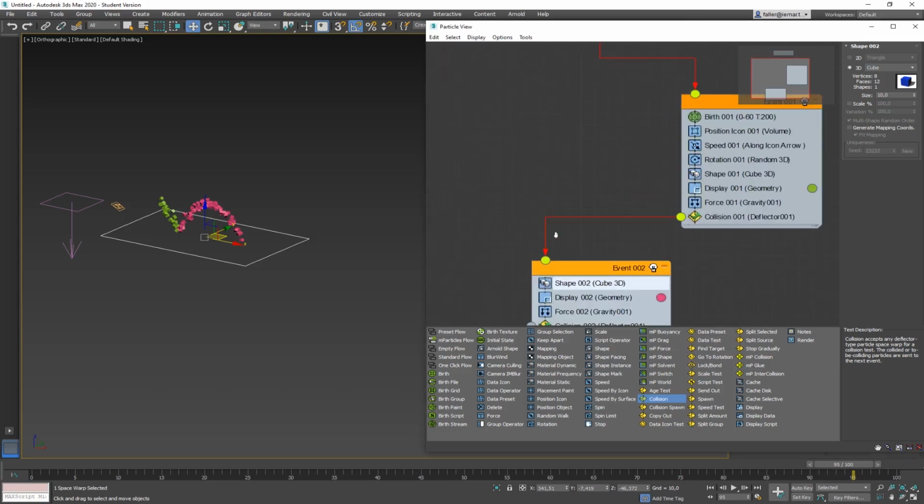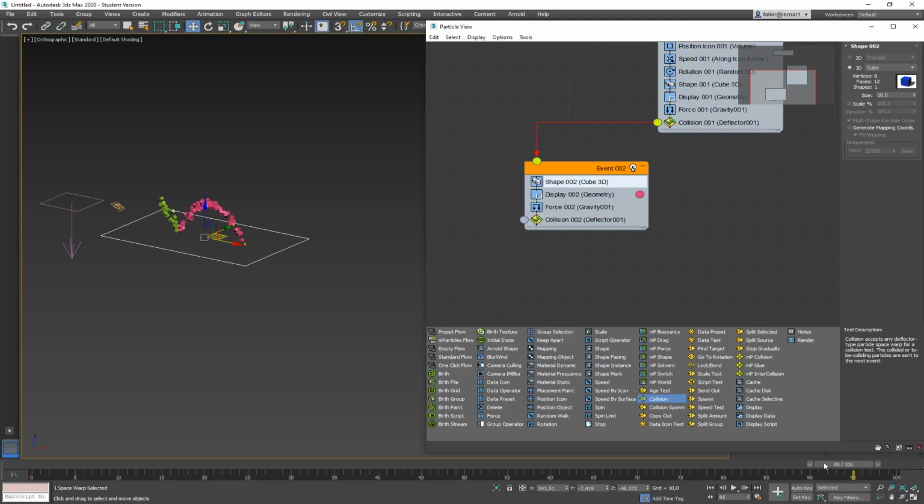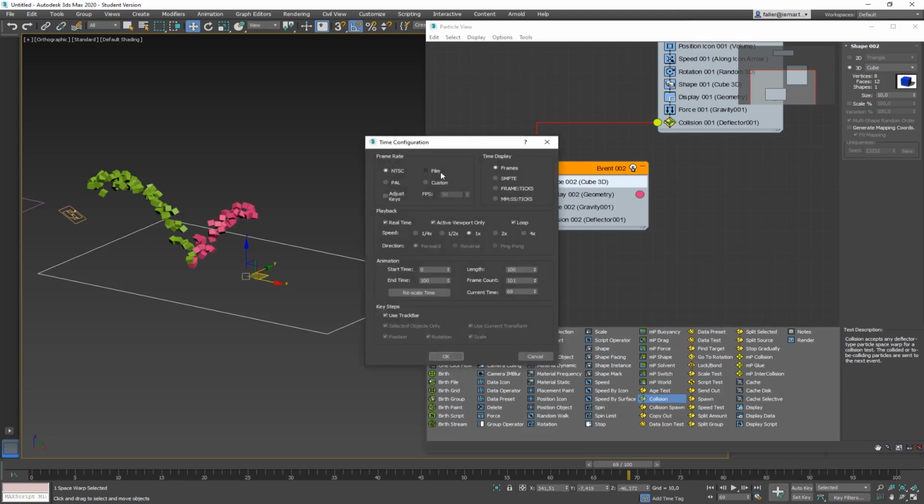Let's test it one more time. Right now my particles are flying at 100, see at 100 frames we're almost at the end. Let's make my animation a little bit longer. So I'm going to hit the time configuration button and make an end time of 150.